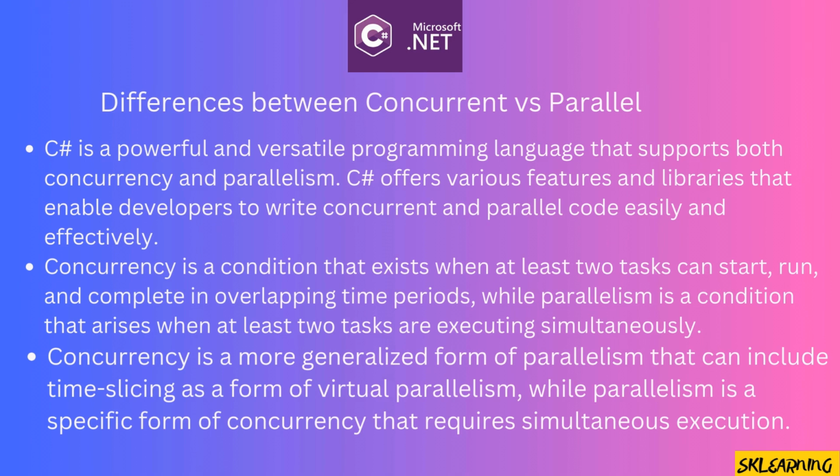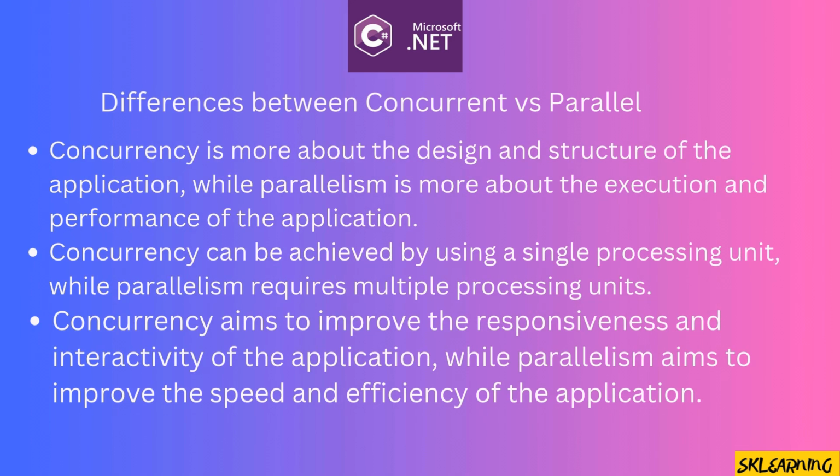Concurrency is a more generalized form of parallelism that can include time slicing as a form of virtual parallelism, while parallelism is a specific form of concurrency that requires simultaneous execution. Concurrency is more about the design and structure of the application, while parallelism is more about the execution and performance of the application. Concurrency can be achieved by using a single processing unit, while parallelism requires multiple processing units. Concurrency aims to improve the responsiveness and interactivity of the application, while parallelism aims to improve the speed and efficiency